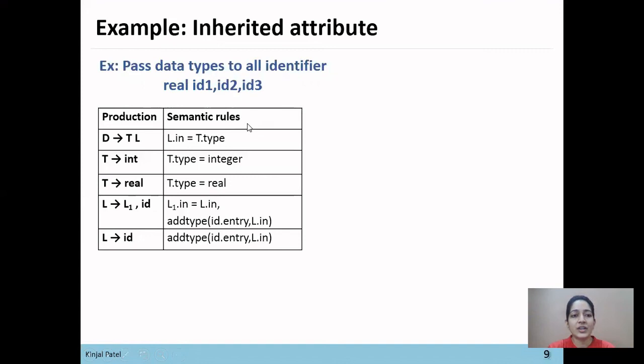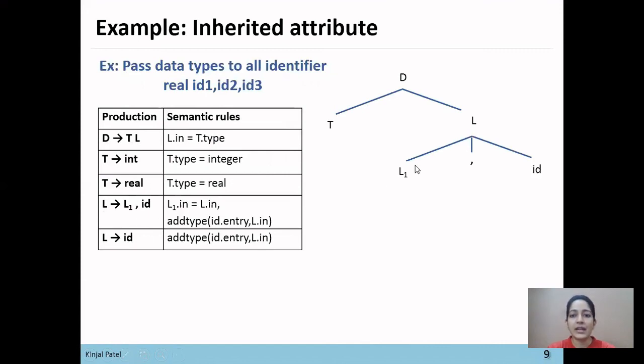Now we'll construct the parse tree from the production rules for the string real id1, id2, id3. We'll start from the starting symbol, and we will parse D derives TL in the parse tree, as the production is D derives TL in the production rule. Now next, L derives L1 comma ID.